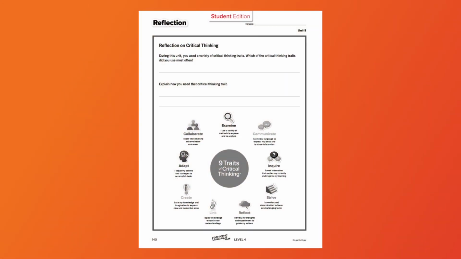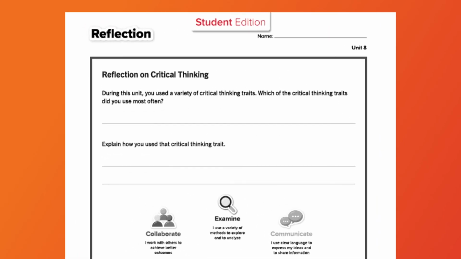At the close of the unit, students take time again to reflect on their learning and their use of critical thinking to culminate their learning experience. Students reflect both on the learning they've achieved as well as the ways critical thinking practice is helping them reach